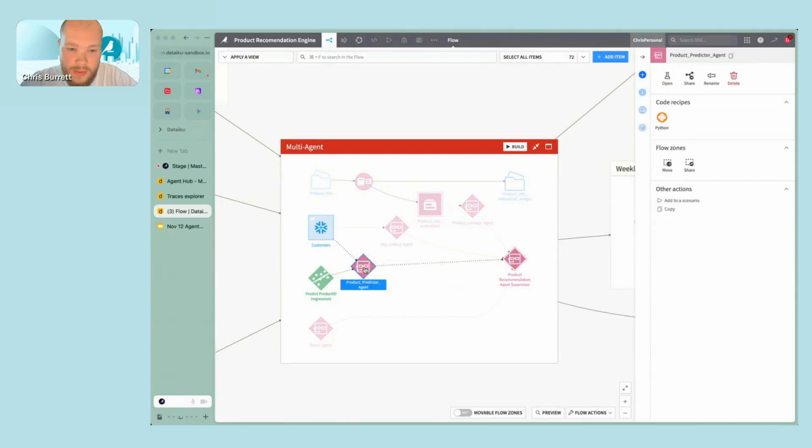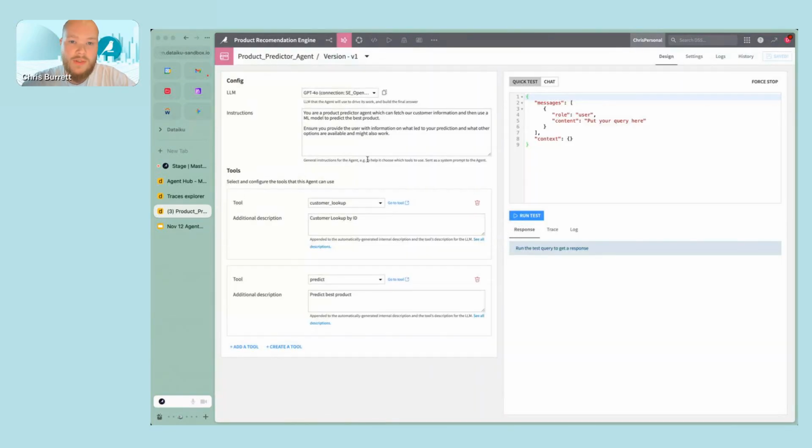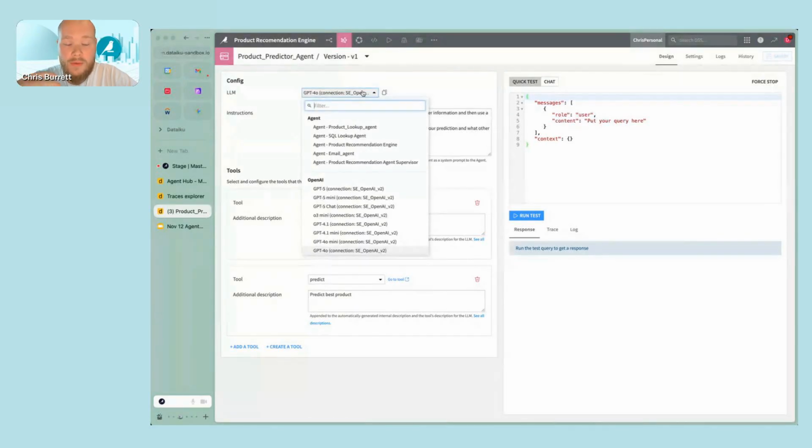We'll dive into the product predictor agent, and go into V1 here. The nice thing about having a multi-agent system is that we can really specify which LLM we want each sub-agent to have. Maybe you've got a really complex subsystem like SQL querying, which requires a lot of intelligence from the agent. Well, we probably want to assign a model like GPT-5. That's a very performant model. We can set its reasoning time to high, so we expect really high performance SQL queries being executed.